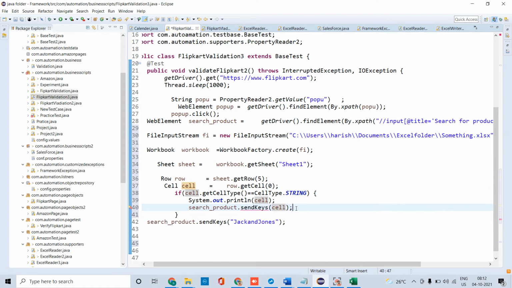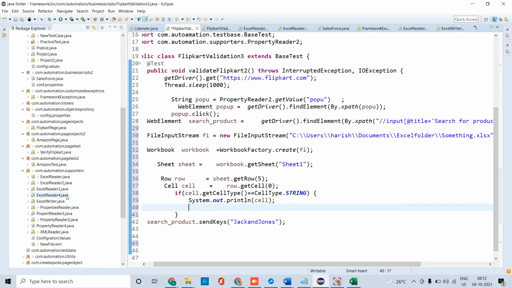So it is not taking. So now I will go to the earlier code I have written for this one. I will take that one. Then I can see that one.